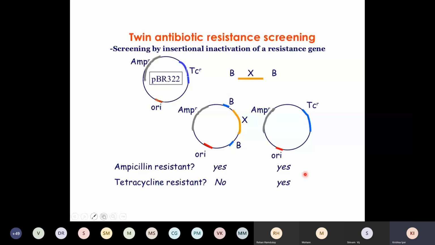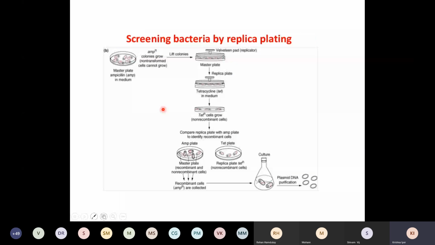Now, think of this. I have taken a vector which shows resistance to both ampicillin and tetracycline, and for argument, I have introduced the gene which I am interested in into one of these sequences in such a way that I destroy the ability of the plasmid to be resistant to one of the antibiotics. What I have done is something like this. So if you look at this slide, which is very interesting, what I have done in this case is I am showing you an example where